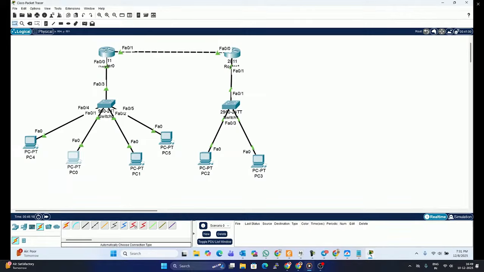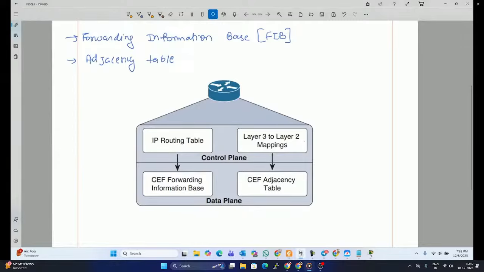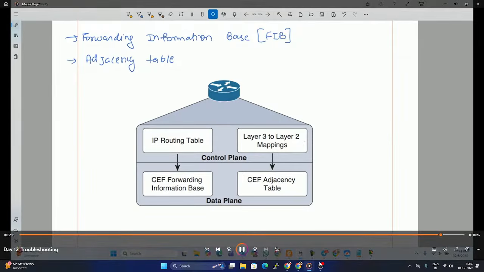But right now, the router is not interested to show us the adjacency table, but it's going to make the process of data forwarding very simplified, and it also decreases the CPU utilization. So you have to make sure that CEF is enabled on your router. If you see that the CPU utilization is spiking a lot, or increasing on the router, you can check that CEF is